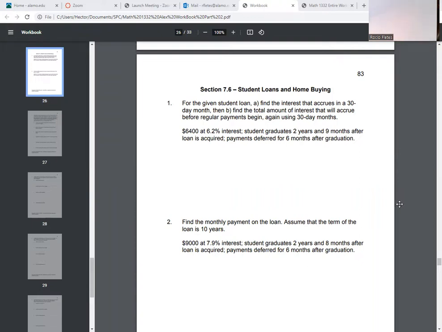We are back with another video, and we have reached the end of chapter 7. We're going to work on section 7.6 today, and this section is on student loans and home buying. So it's a very useful section,